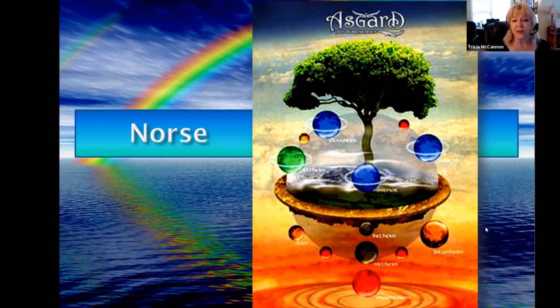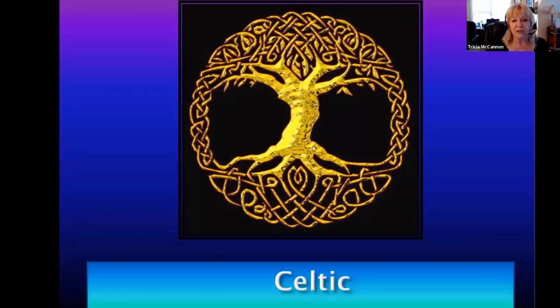Here's the Celtic tree. I love the Celtic. The Celtic is very beautiful because, of course, if you think about it, it is creating the infinity symbol, isn't it? As above, so below. Are these the branches or is this the roots? Are these the branches or is this the roots? And this is one of the conversations that is had within cosmology, that the roots of the tree actually exist in the higher dimensions and the branches below. But who can say? Because it's the foundation of the world.